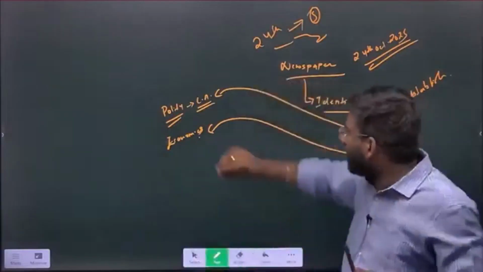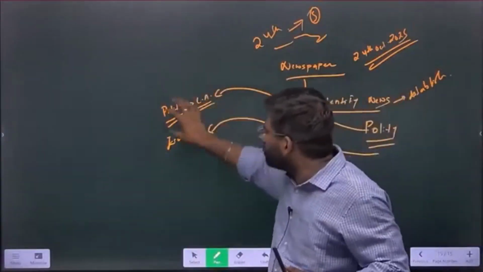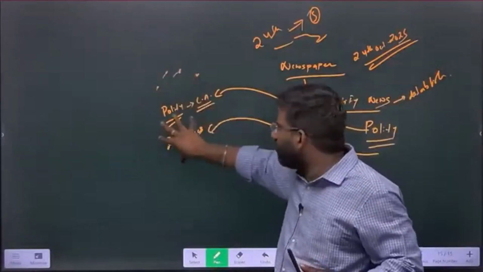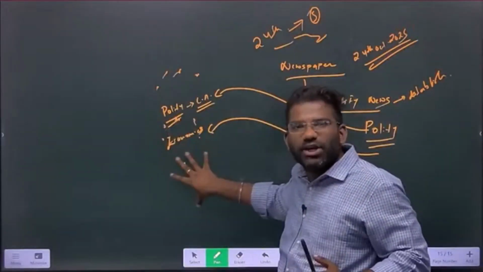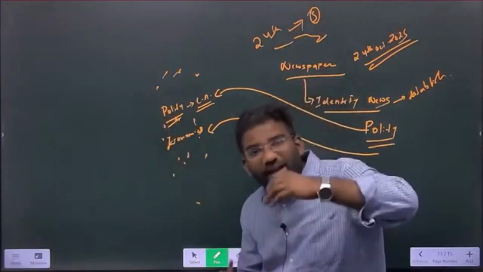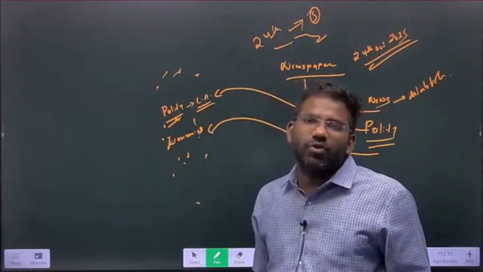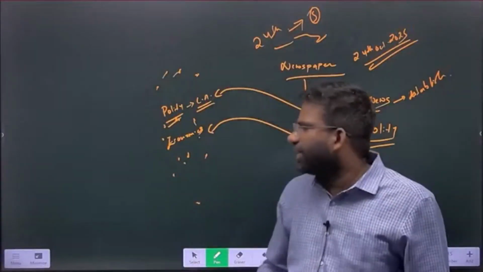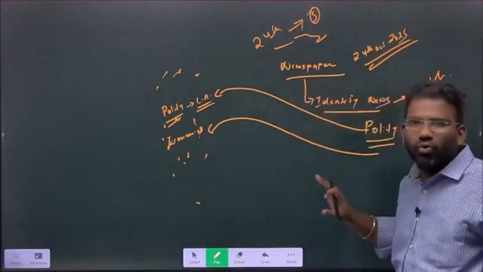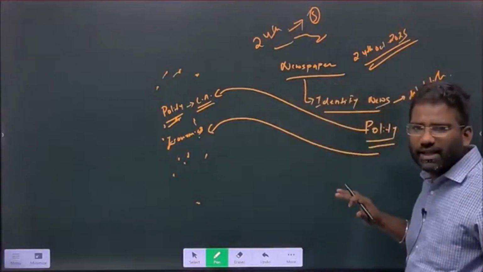For example, after completion of 1 month of news, you will have 20 news of polity, 20 news of economics, 10 news of international relations. So that becomes very easy for you to revise it, rather than आप date wise news को पढ़े. It will be very difficult. So I hope you understood how to read the newspaper, how to revise the newspaper.